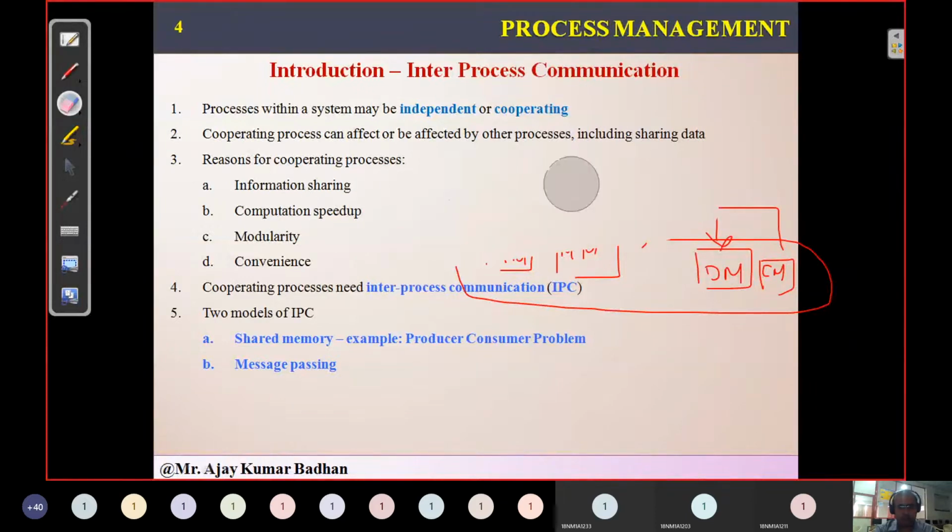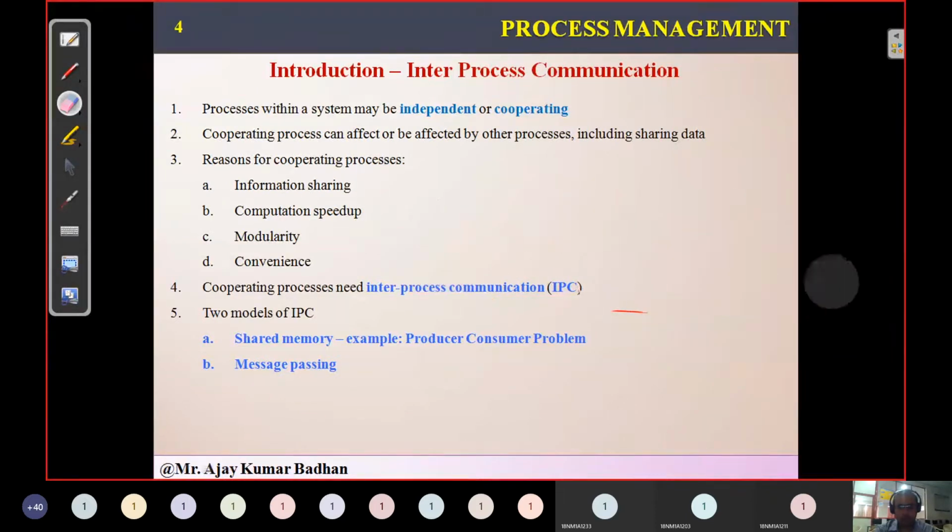And the last one is convenience. What convenience means is that the user should be able to perform operations well. For example, let us suppose right now I am teaching, showing you the slide and performing some operation. In the same way, I want to listen to music simultaneously.